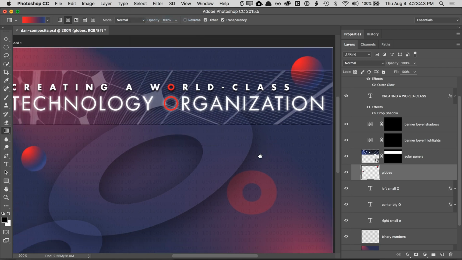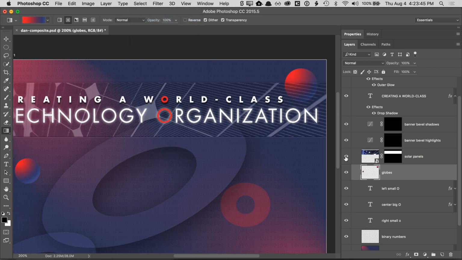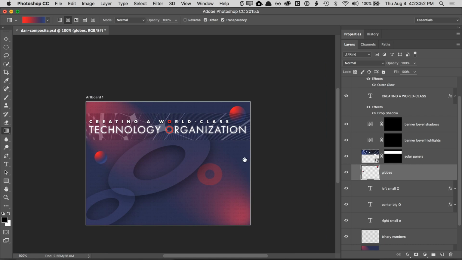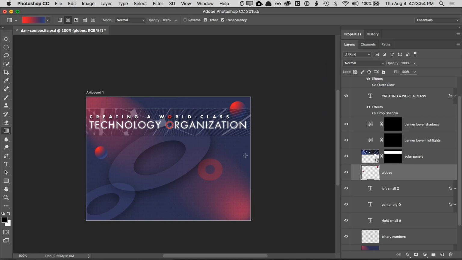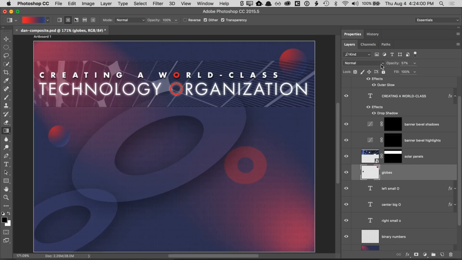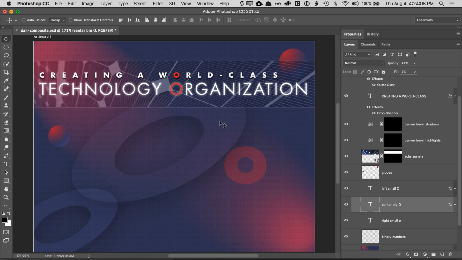Cool. And I made sure that that was underneath the solar panels because I didn't want it sitting over top of the solar panels. I wanted it to be underneath. Now, they might be a little bit bright, so we can lower down the opacity so they're just a little more subtle in the background. And that's the same thing with any of these layers. If they're ever too intense, you could just lower down the opacity on any of those. Okay. So, next up,